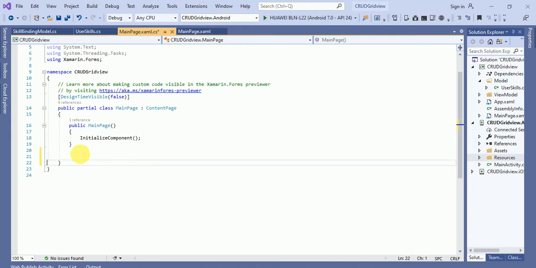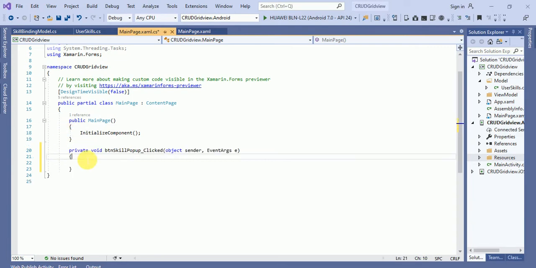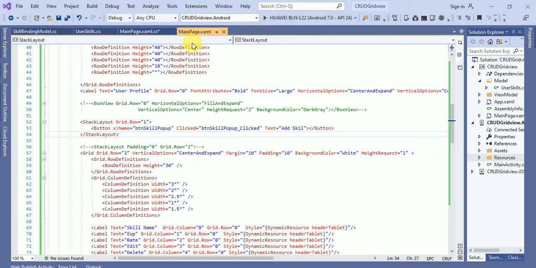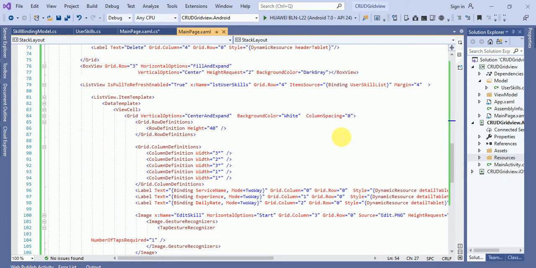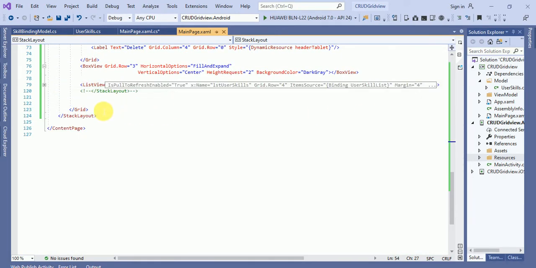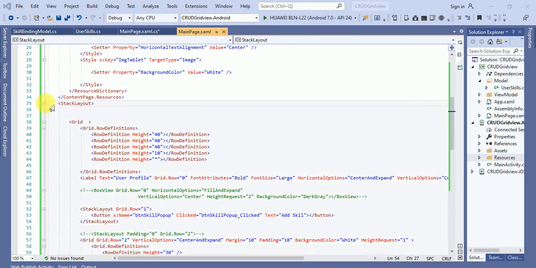On this event handler, once you click on the button, a pop-up will come up to add the skills. That pop-up we will add in this below section. Just minimize this stack layout.